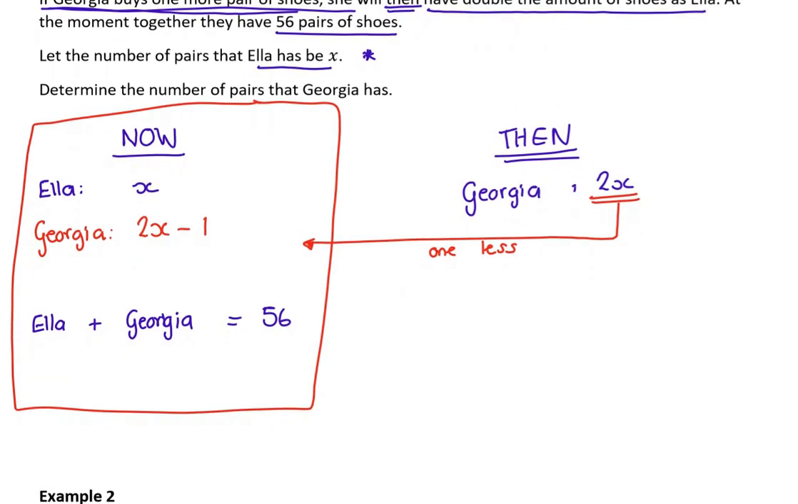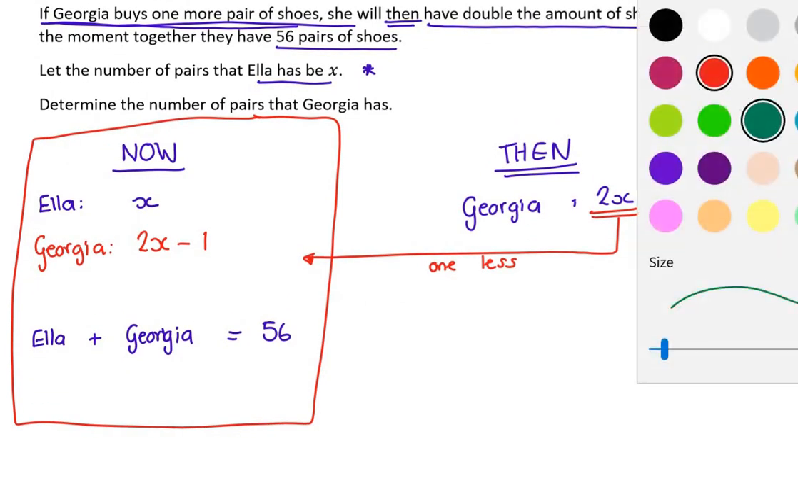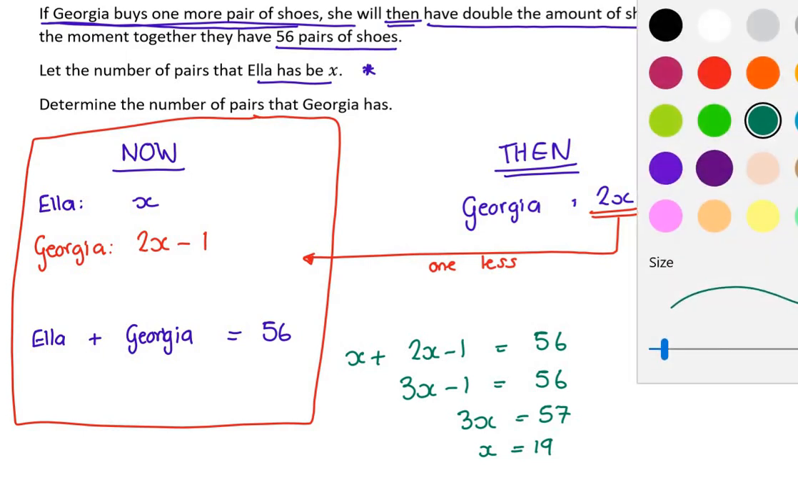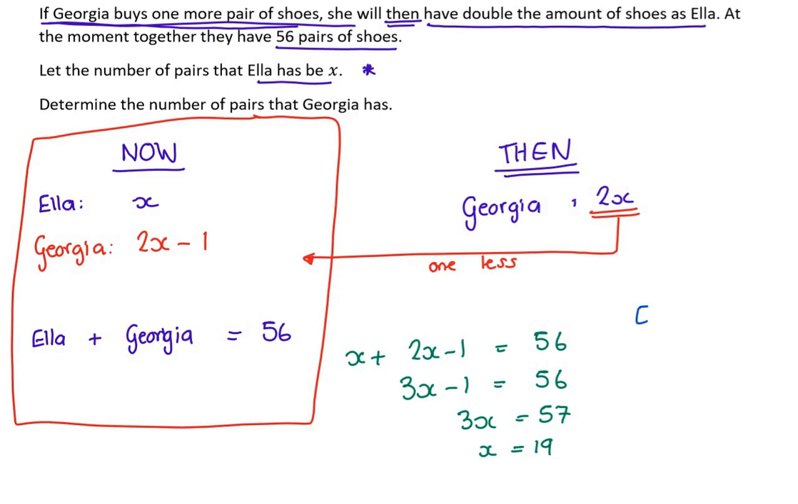So now that's the hard part done, because all I need to do now is make an equation. So now I know that Ella plus Georgia, now Georgia's was actually the hard part, gives me 56. So if I add my x's together, I get 3x minus 1 equals 56. If I add 1 to both sides, I get 57. And if I divide by 3, I get 19. Now that's the number of pairs that Ella has. That wasn't the question. The question was how many pairs does Georgia have? So finally, just make sure that you always answer the question. So Ella has 19 pairs,